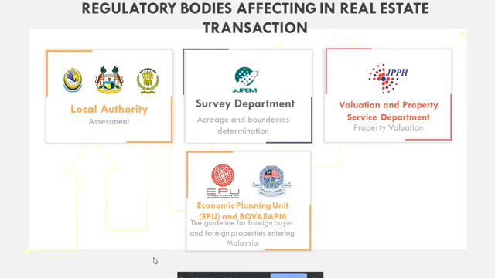So that's why we have to check the background, whether they work in government or in the private sector. And lastly, EPU and the Port of Value, the Economic Planning Unit and the Port of Value, are more for properties that need to be sold to foreigners, or foreigners selling property in Malaysia. Both agencies will determine the guidelines and so on regarding property transactions for foreigners. We will learn this later in this chapter.